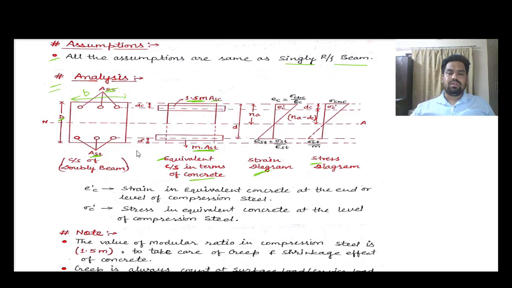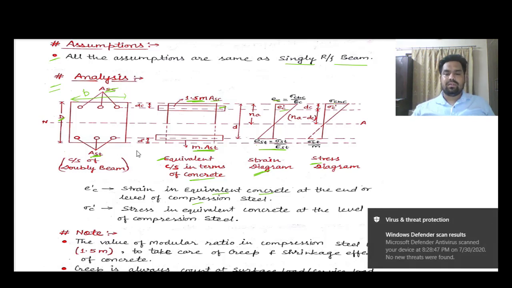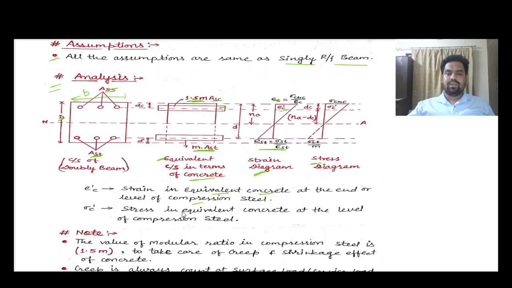The strain diagram for the part lower than the neutral axis remains the same as singly reinforced, but there are some changes in the compression zone. So εc' is the strain in equivalent concrete at the level of compression steel, but we have another steel provided which is now transformed in terms of concrete, so there is a strain also which is termed as εc. And similarly the stress diagram remains the same below the neutral axis as a singly reinforced beam,